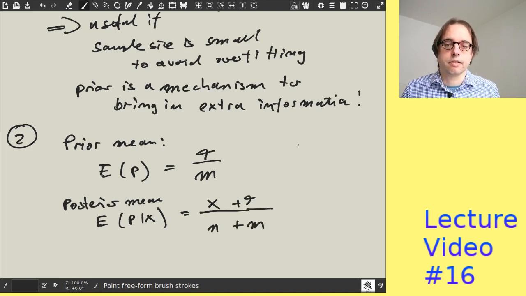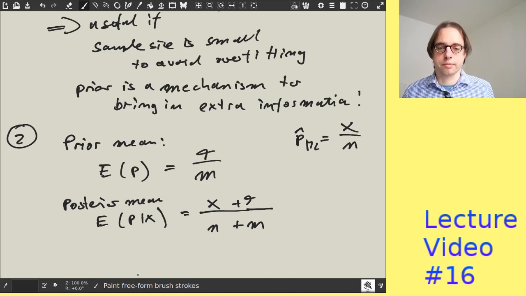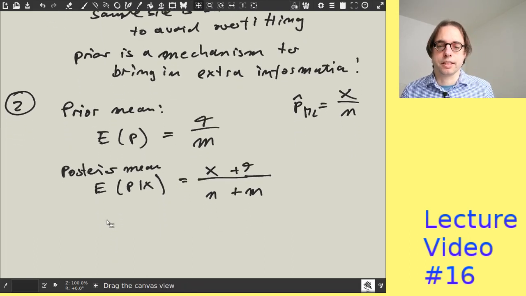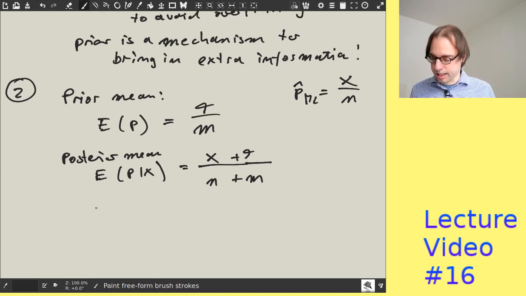So for comparison, the maximum likelihood estimate is x over n. So we have here on top the pseudo count for the heads, and then here we have the total sample size. So it's really like we have extra information again. But the key thing is now to note something else, namely that we can rewrite